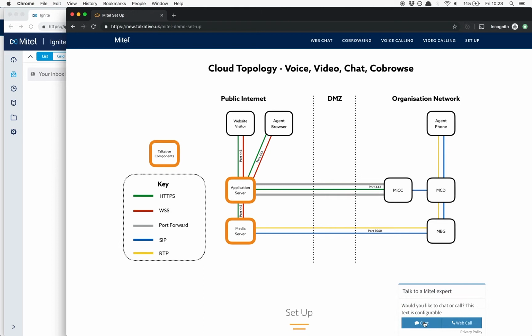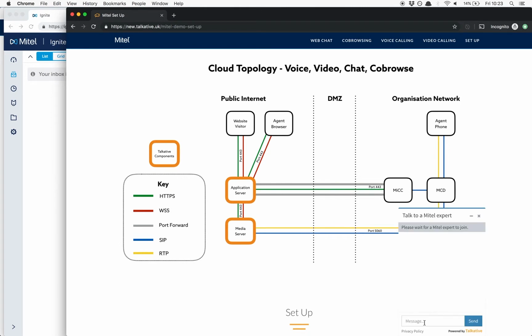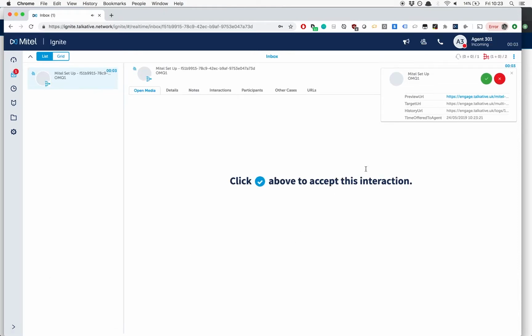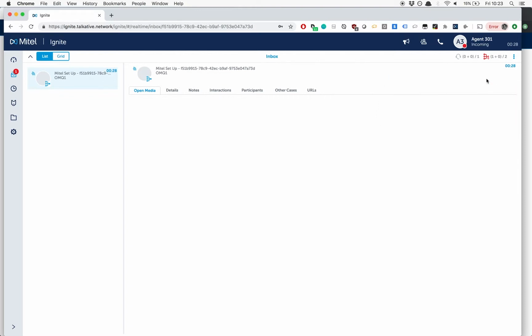So now if we simulate a chat coming in, we'll get a notification, and because I'm on this page, it's just an in-page notification rather than a pop-up. If I was on a different window or a different application, there'd be an audible sound and pop-up to show that there's a new interaction that's waiting that needs to be accepted. So if we press the green tick,